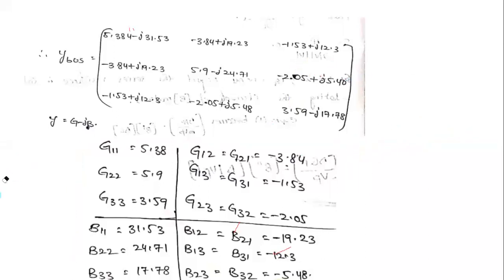This is the last topic in the second unit. In the second unit, basically we are having 4 topics. The first topic is the Gauss-Seidel method. The second one is the Newton-Raphson method. The third one is the decoupled method, and the fourth one is the fast decoupled method. For every method we are having the derivation, flow chart, and also some example problems. This is the last method in the second unit.